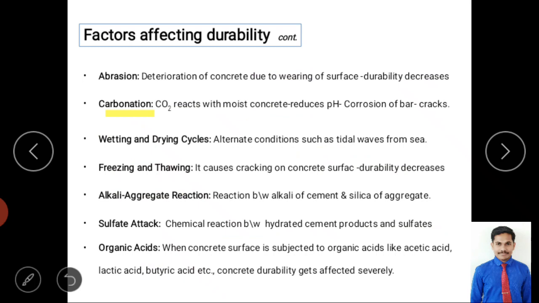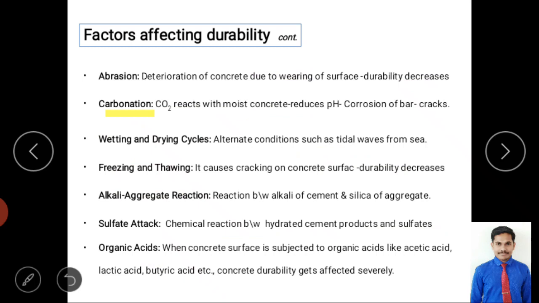So when corrosion of the bars is taking place, then strength reduces. Why are we using the bars? To handle the tensile forces or tensile resistance. So when it is not good in tensile resistance, definitely it makes cracks form. When you have cracks forming in the concrete, then definitely durability reduces, right?